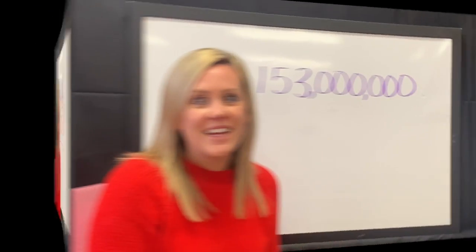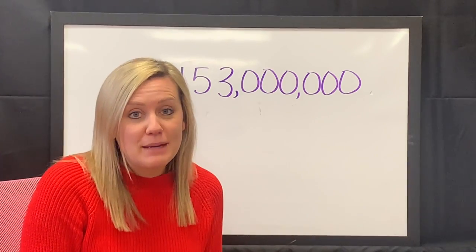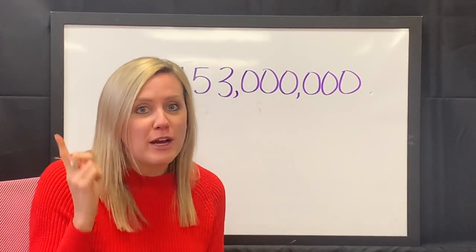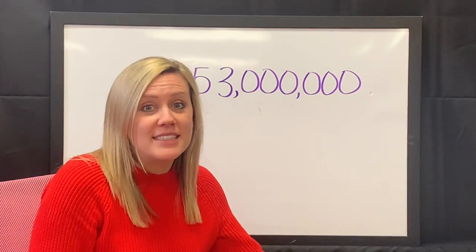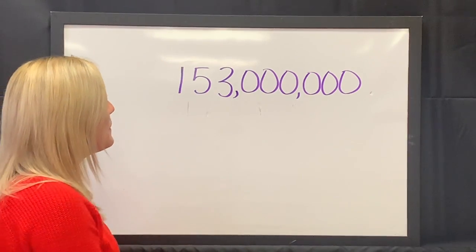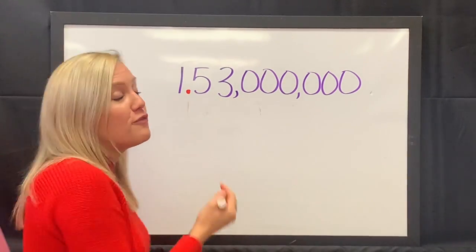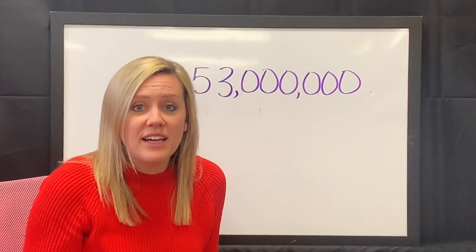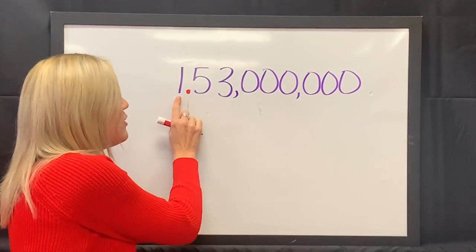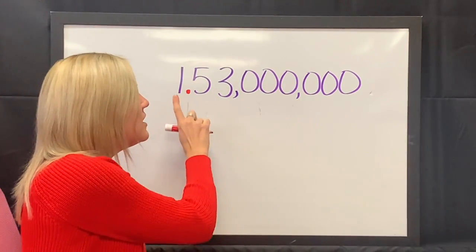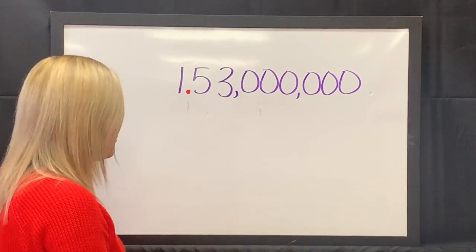Let's do another one. Here we have the number 153 million. Like I said last time, the first thing you want to do is think, where would you want to put a decimal to make this number's value between 1 and 10? We would want to put our decimal right here, because 1 and 53 hundredths, or 1.53, is a number larger than 1 but less than 10. You always want to have a whole number on the left side of your decimal, and then usually that number will be between 1 and 10. So we're going to rewrite that new number,